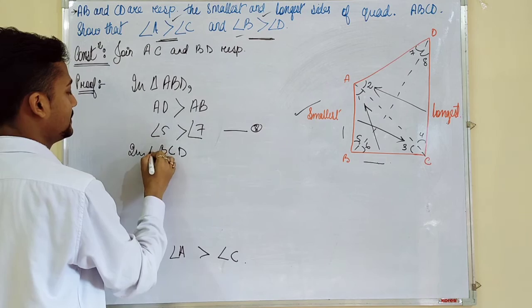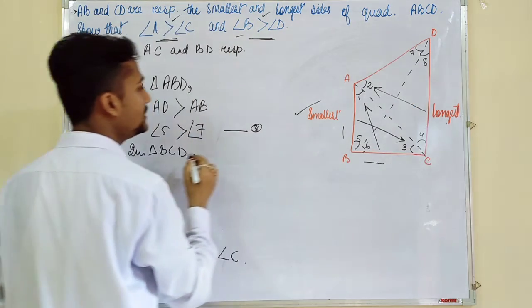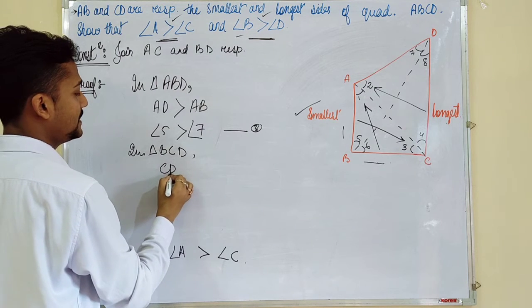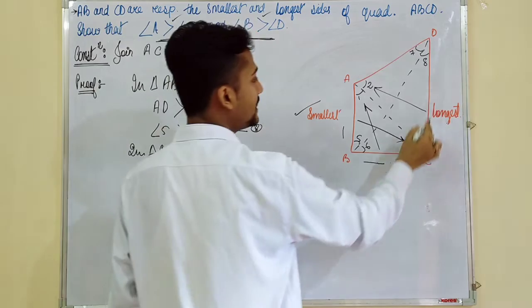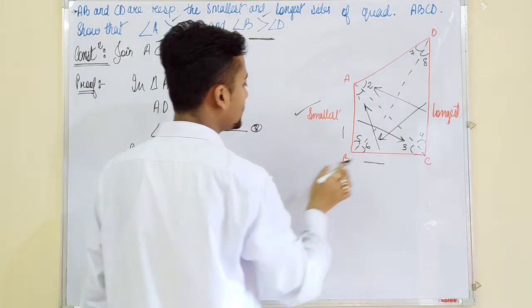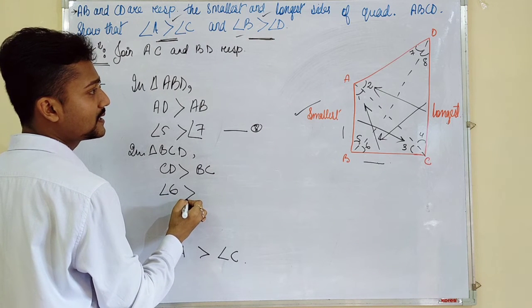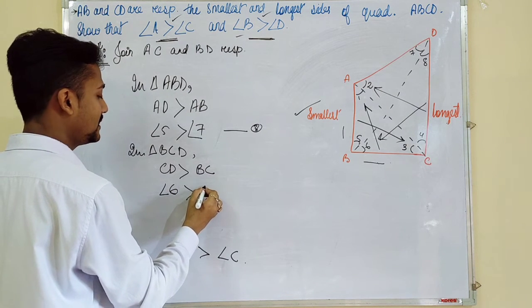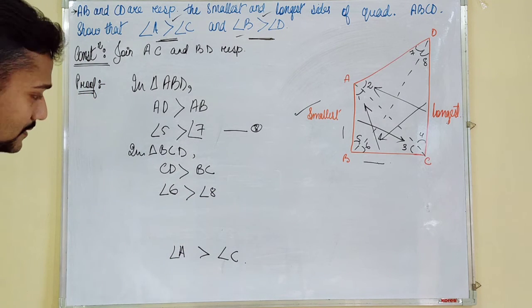BCD. Okay. What is given? This is greater. Yes or no? CD is greater. CD is greater than BC. Okay. If CD is greater, that means what? Opposite of CD is what? Angle 6. And opposite of BC is what? Opposite of BC is angle 8. Okay. That means